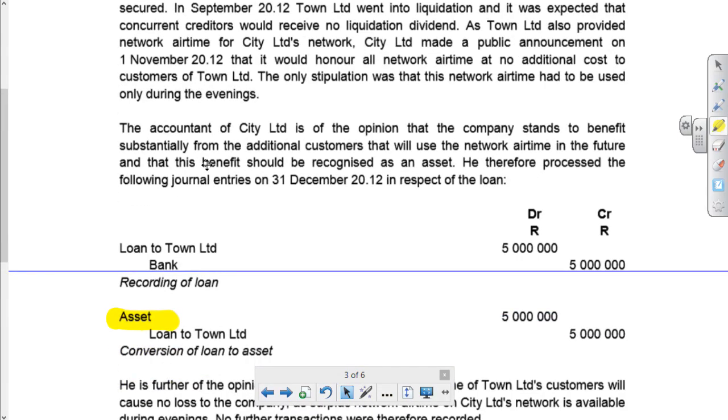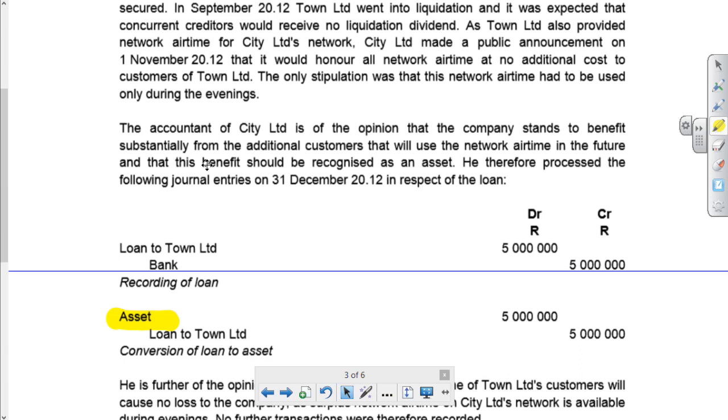Okay, let's have a look. It was quite a convoluted story, isn't it? It had to do with one of the cellular companies that went into liquidation, and then another cellular company agreed to take on those customers and honor the airtime they'd already bought, or they'd already paid for. And then they tried to convert a loan that they originally had given to this company into an asset, which they said was an intangible, because it represented future benefits that they were going to get because of this announcement that they'd made to the existing customers. So already, when you see it, you're thinking, no,